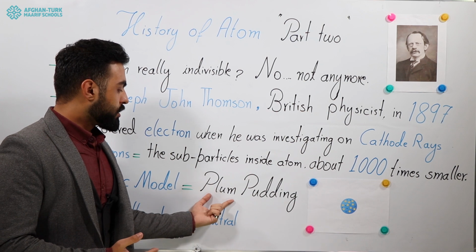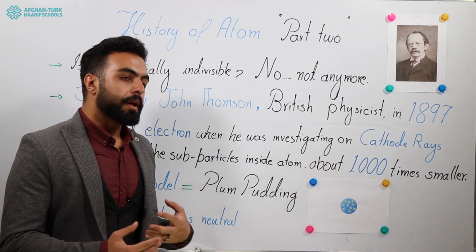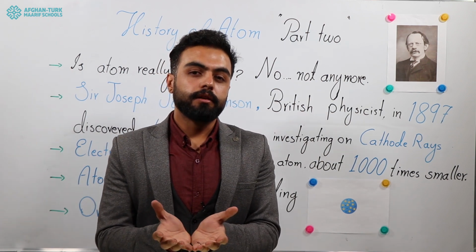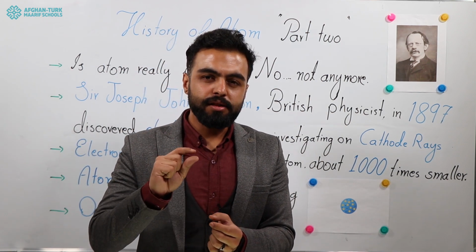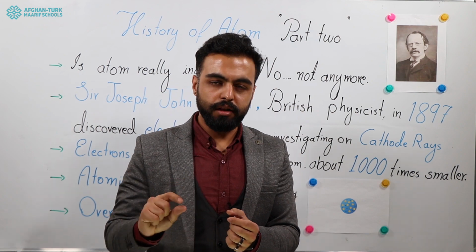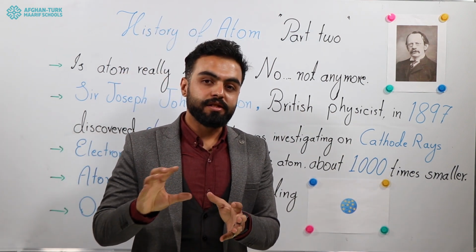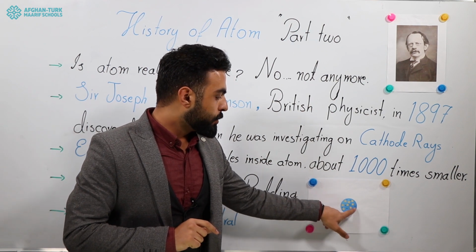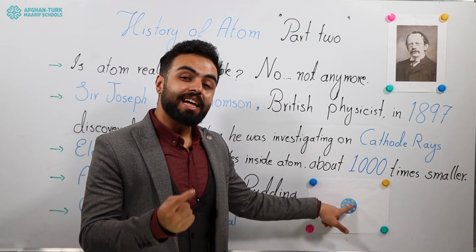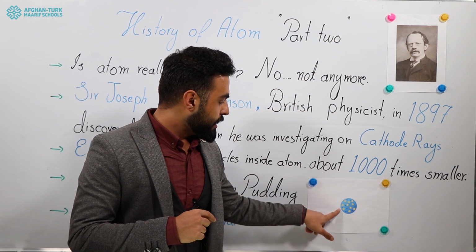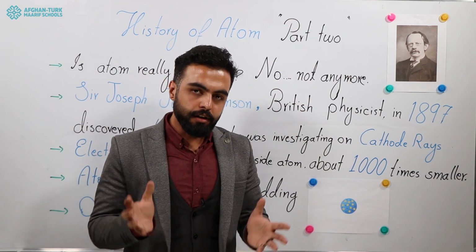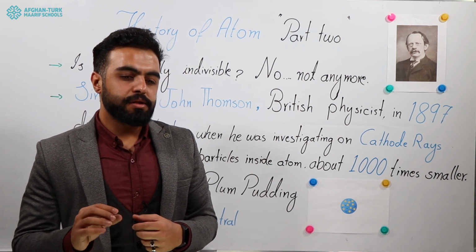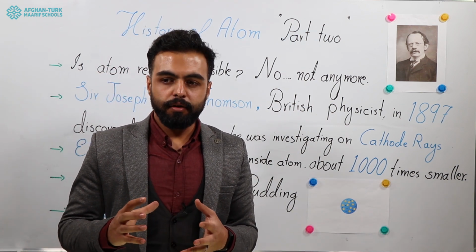He called his model plum pudding. Plum pudding is actually like a sphere full of fluid, and inside that fluid there are small particles where they are suspended. These particles are plums. These yellow parts are plums. They are electrons actually, and this blue one is the sphere full of fluid. But when Mr. Thomson